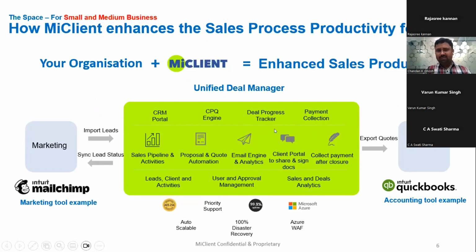So we have 4 different sections. One is the CRM portal, which manages your sales pipeline and activities. Two is the CPQ engine, which stands for configure, price, and quote, which manages the proposal automation. And then comes the deal progress tracker, which is our USP, where we help you understand who is receiving the deal that you're sending, how many times the customer is opening it, how many times he's clicking on certain